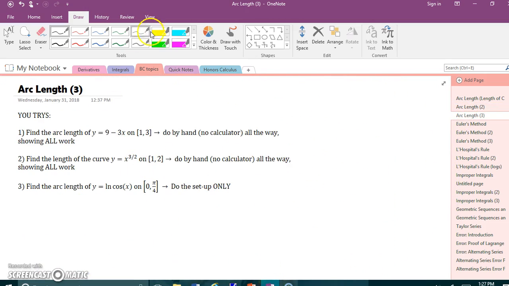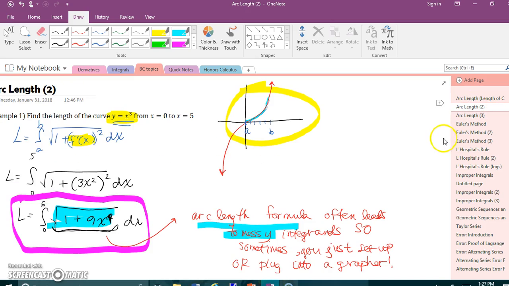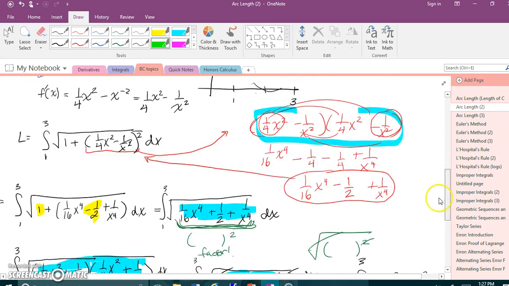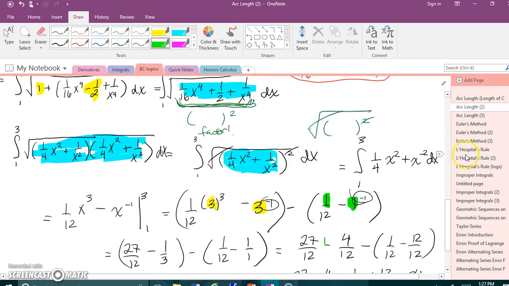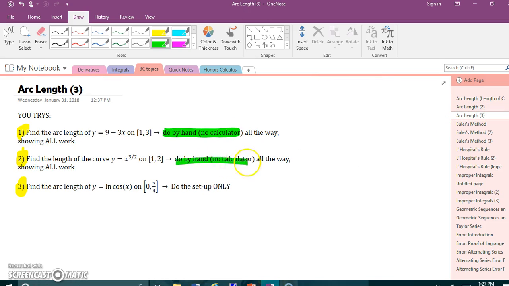So I have 3 U-tries for you. For these U-tries, I want you to do them on a separate sheet of paper. I'm going to collect them as you walk into the door in class tomorrow. And then we will practice arc length free responses tomorrow in your group. So again, on a separate sheet, please read the directions very carefully. If it says do by hand without a calculator, then I expect you to be doing work like this, because without a calculator, you would need to do that work. So by hand,